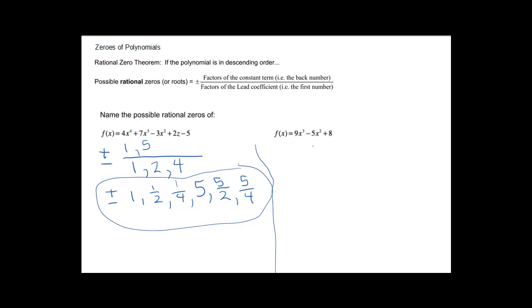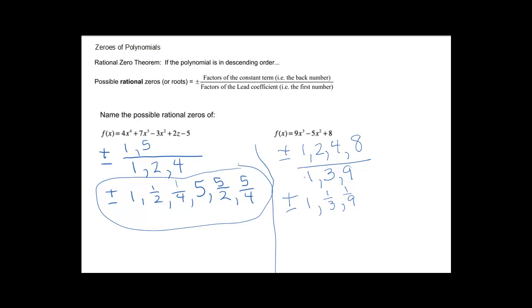Now let's find the possible rational zeros of the other function. So it's going to be plus or minus factors of the constant term, so factors of 8. 1, 2, 3 doesn't go, 4, and 8 over factors of the leading coefficient. So for 9, it will be 1, 3, and 9. So we have 1 over everything, so 1 over 1 is 1. 1 over 3, 1 over 9,